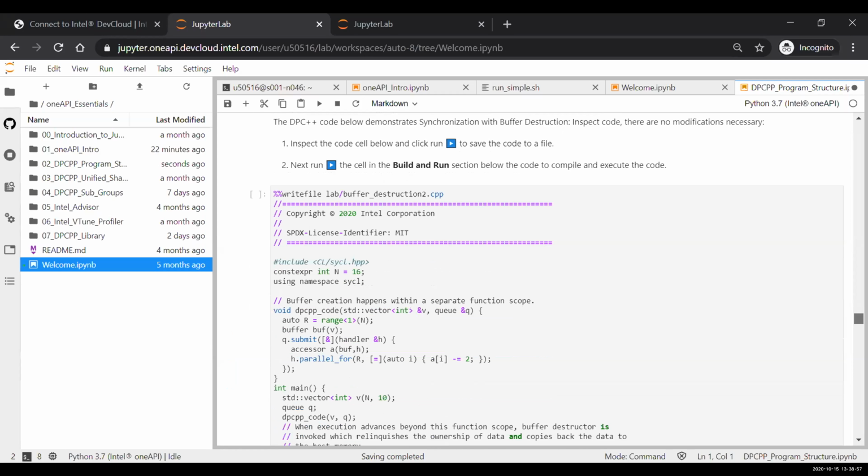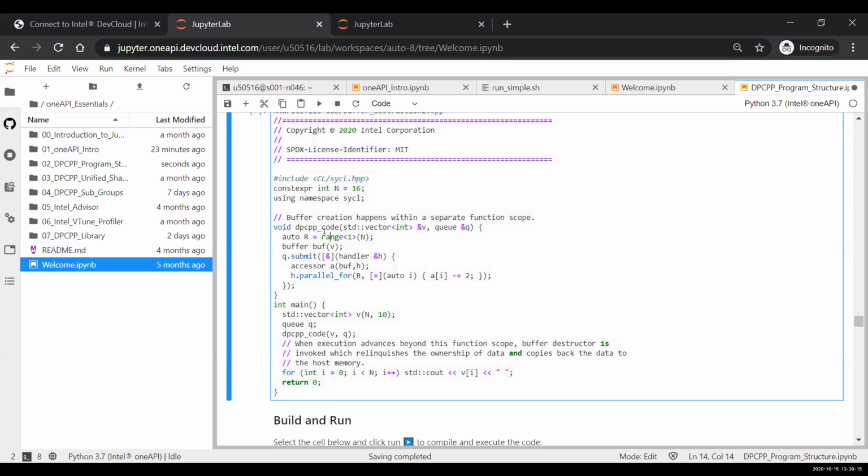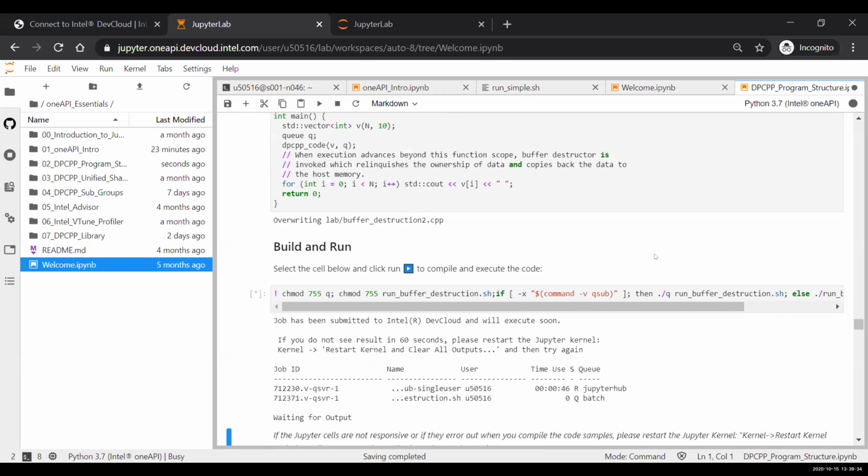Similarly, there is a buffer destruction example where we got these buffers and created them in a separate functional scope, right? And the same thing we are doing. We are initializing by 10, and we are creating a default queue, and we're calling the function DPC++ code. And let's also run this. It's the same thing. Once this function is out of scope, then the data is automatically copied back to the host from the device. Run this, and